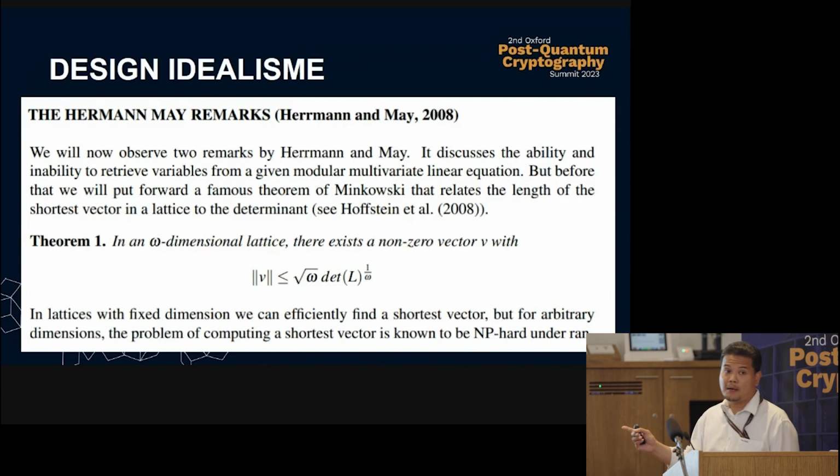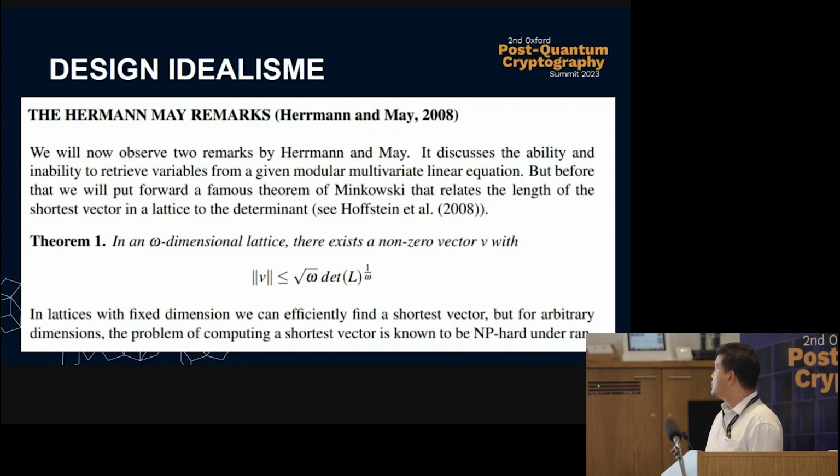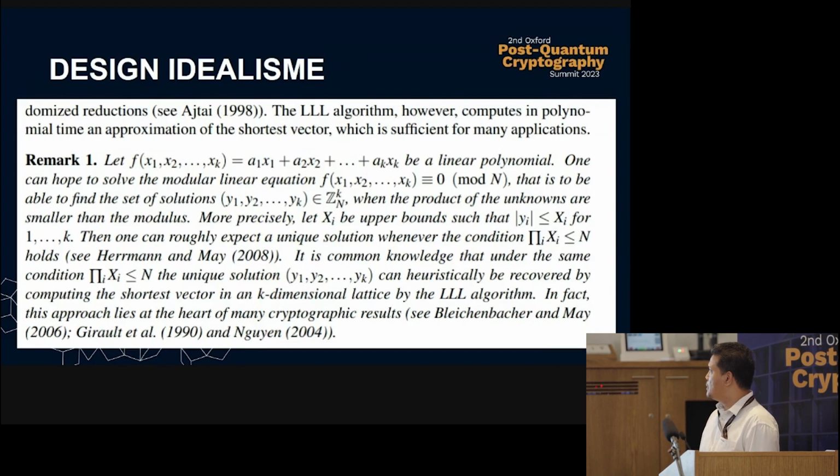Then we couple it with Herrmann and May's remarks in 2008. It's about the ability to retrieve variables from a given modular multivariate linear equation, and it comes together with a well-known theorem. The remark is as follows. If you have this summation and you want to find the solution 0 modulo n, you can have it